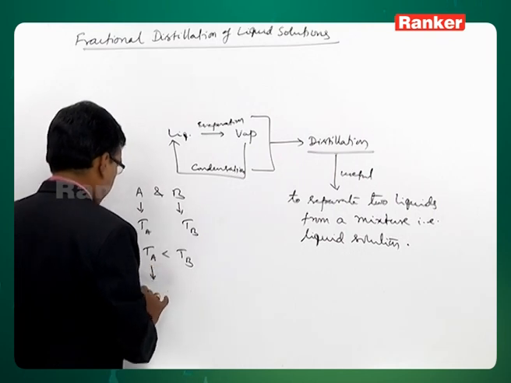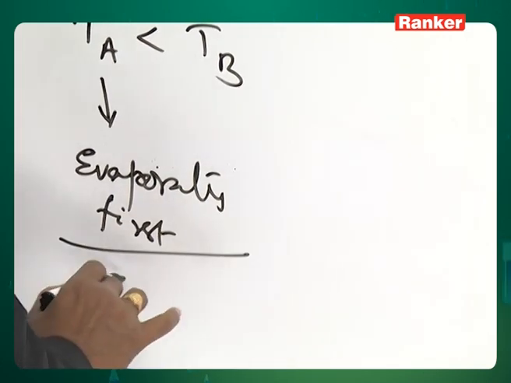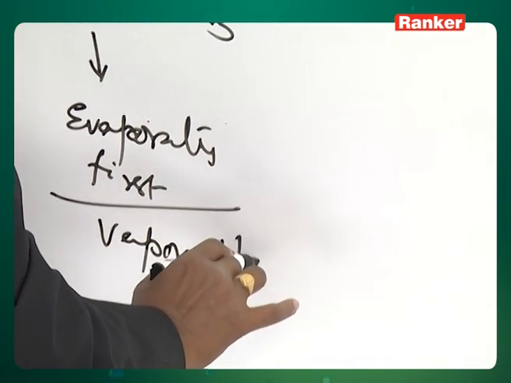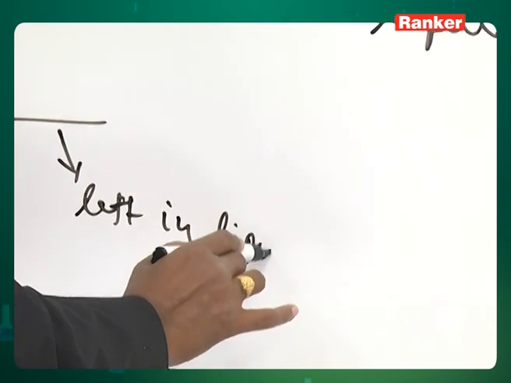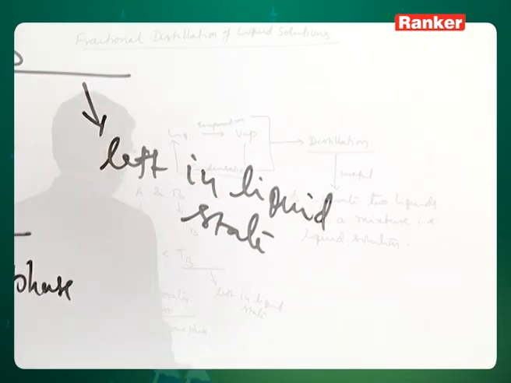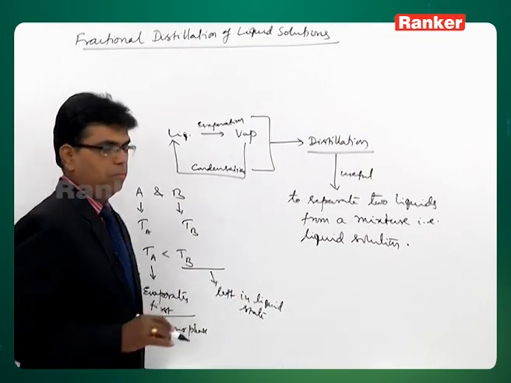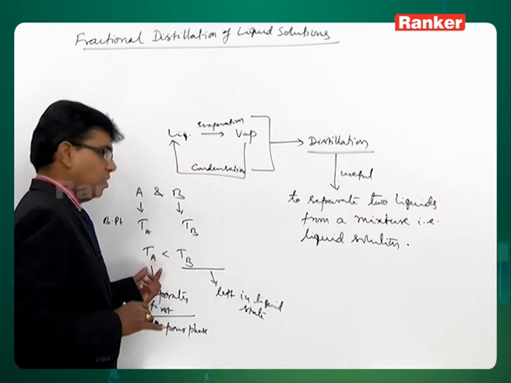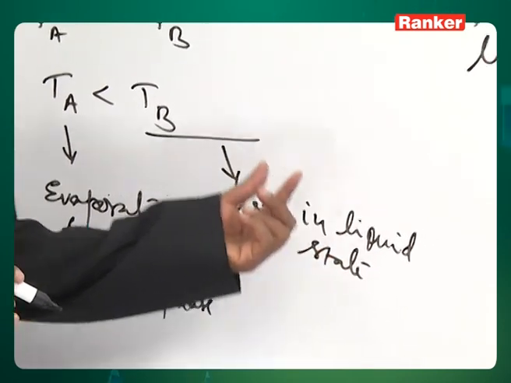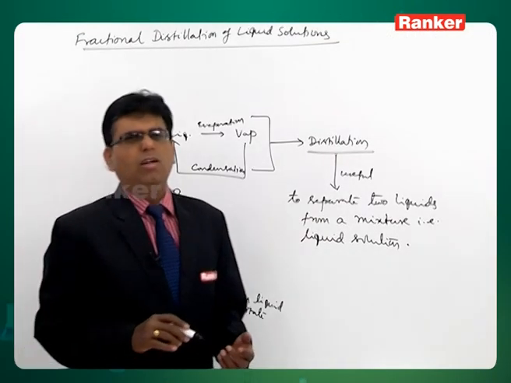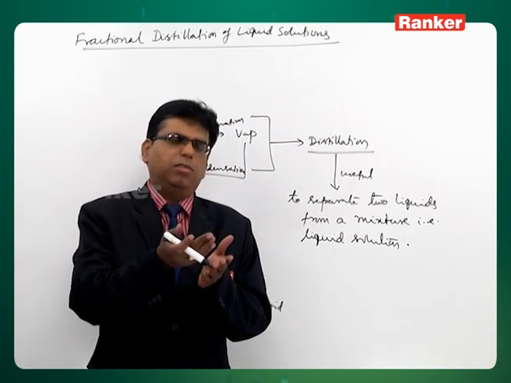the one with the lower boiling point evaporates first. So this will be in vapor phase, and this will be left in liquid state. So A will become more in vapor phase, B will become more in liquid phase. The meaning is the composition of A will be increased in vapor phase, the composition of B gets increased in liquid state. So when you do a continuous process of evaporation, then after some certain time, when vapors